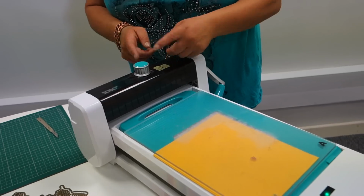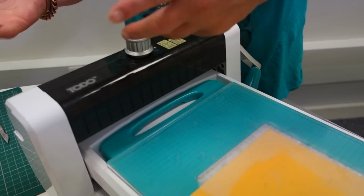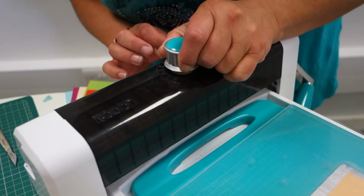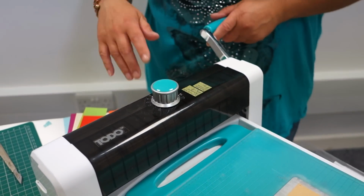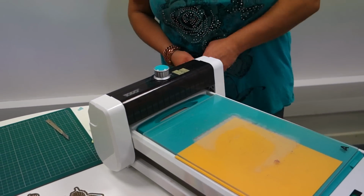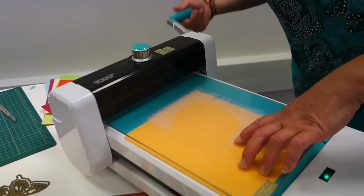So you lift your turny thing, what do you call it? You lift that, you turn it round, and I'm going to put it on about 2.5. Should get a nice crisp image without it puncturing through the paper. You can only turn the knob when the carriage is at one end or other of the machine. Don't do what I always do, which is think, oh, I need to change that halfway through. Roll it over,